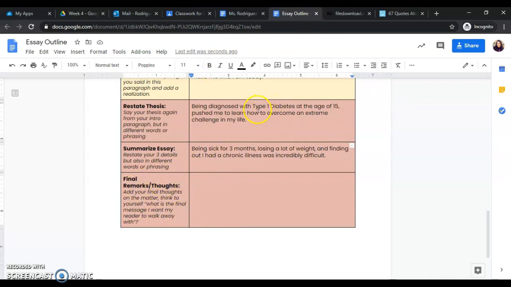So normally when we're reading, I always tell you guys to be thinking about, what is the author's purpose? Why do you think the author chose this? What is the author's thought? So in your writing, in this last sentence you want to explain to the reader why you wrote this. What is this personal essay about? So what is the final message that you want your reader to walk away with? And the final message I want my reader to walk away with is, no matter what life